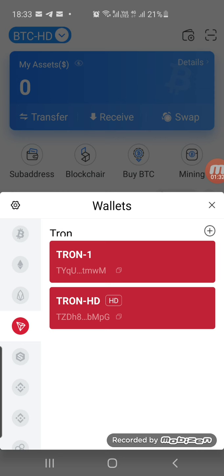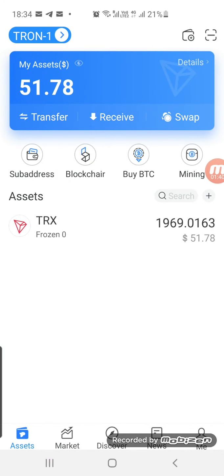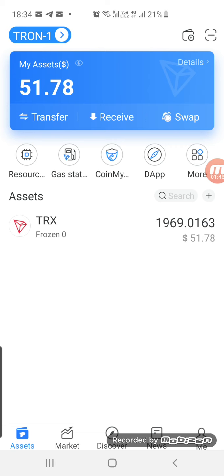I created an additional wallet, otherwise it was just like that. So I click on the Tron 1 on the right hand corner, just below the plus button. This is where I want to convert my Ether from the same wallet and transfer it to the Tron wallet in the same wallet.